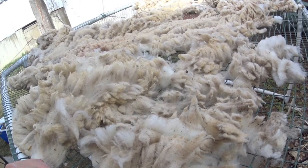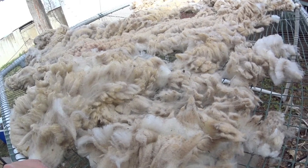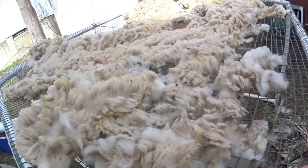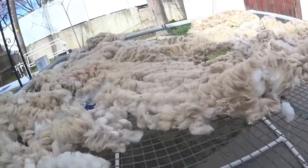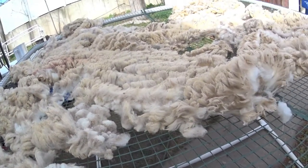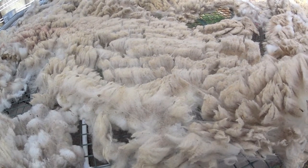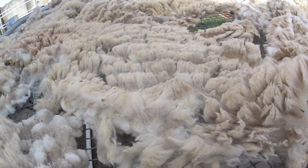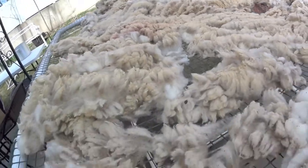And you can save quite a bit of money if you go for some of the dirtier fleeces than if you go for some of the nice fleeces that have been coated. The only real advantage to going with a coated fleece over an uncoated fleece, and an uncoated fleece that's super dirty over one that's relatively clean, is that you're able to do some projects with those coated fleeces you can't do with ones with a lot of VM, like full lock felting. You're not going to want to do that with